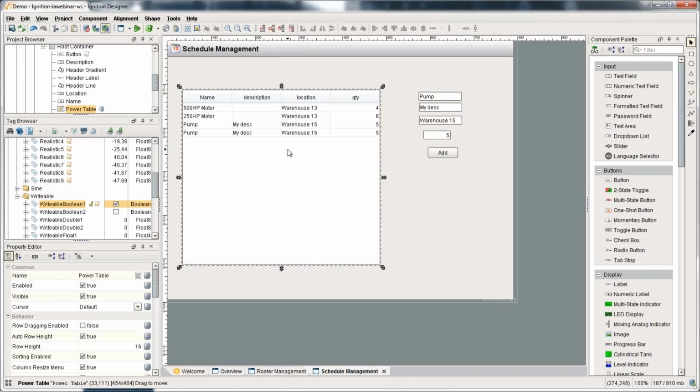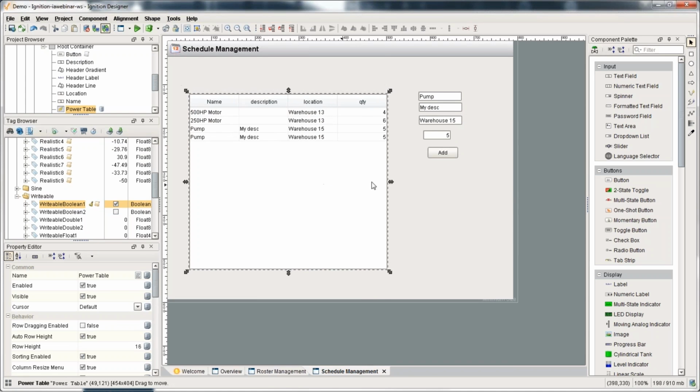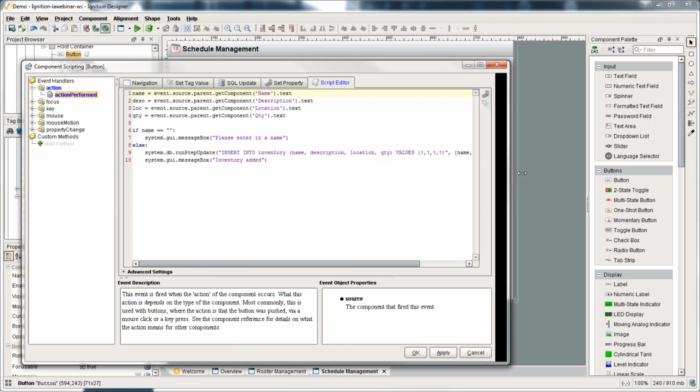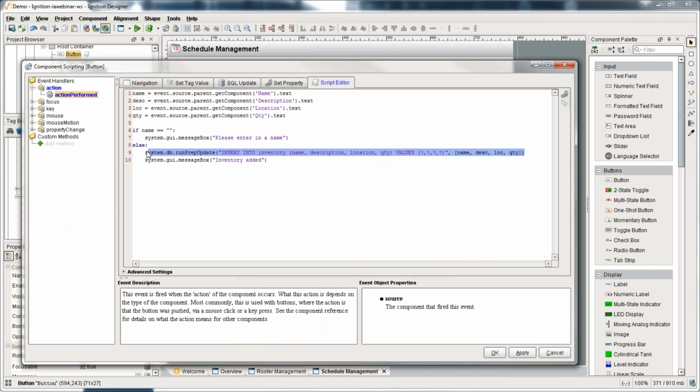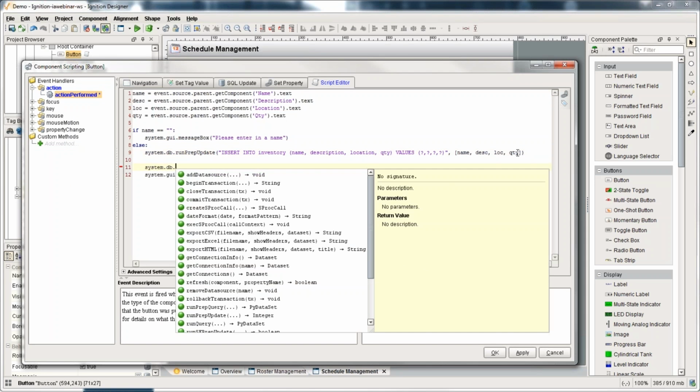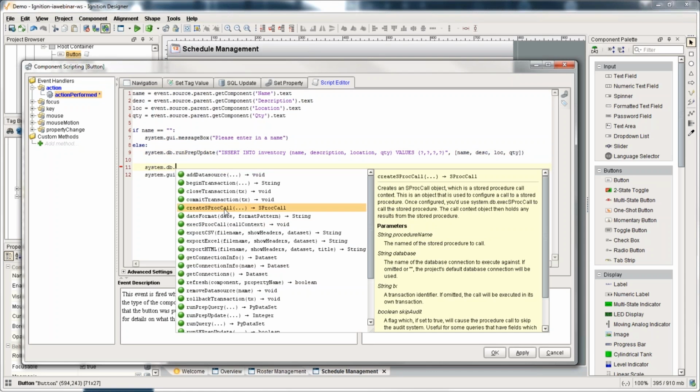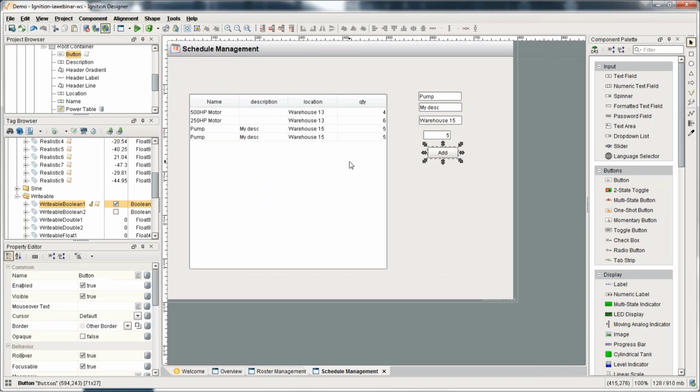But the idea is that we can not only view the information, but we can modify, insert, update, delete in a database very easily through the SQL language. And in the script here, all that we're doing really at the end of the day, the script is just calling this insert or query. I put some stuff around it for some validation, but that is how we can insert that record. And if we're calling a stored procedure, we have in scripting functions for creating stored procedure calls and then mapping inputs and outputs and working with those. So it is